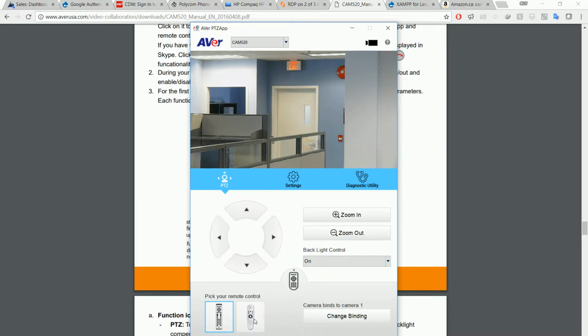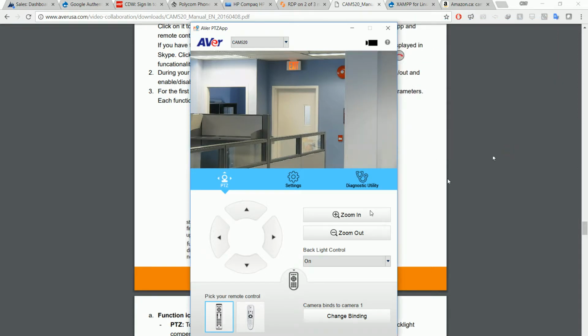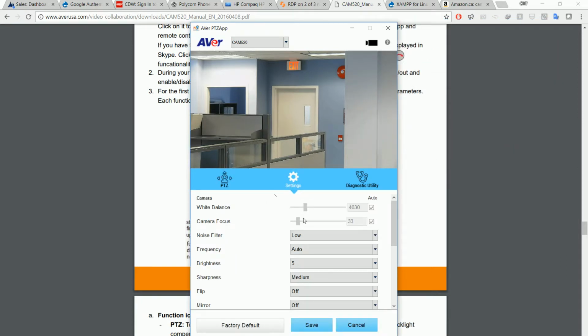You can pick up remote camera, 2D cameras, and you can change the binding. This controller can allow you to control 3 cameras, and here's the settings. You can change a couple options. Okay,